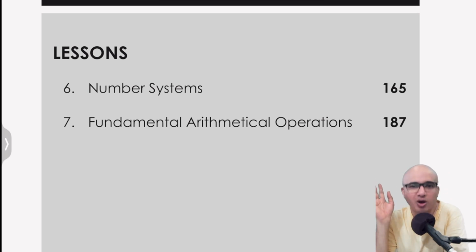Now, when you think of quantitative aptitude, we have only two chapters, as can be seen on the screen. One is chapter 6 or lesson 6, which is the number system, and 7, fundamental arithmetical operations. Number systems is something which you would be already familiar with. This is mostly theoretical in nature. And fundamental arithmetical operations is also something which you would have already done. Meaning, this is not something which you'll be learning afresh. These are the topics which you are already familiar with.